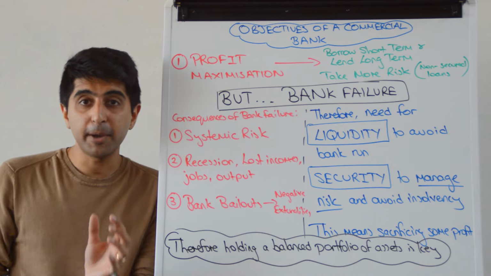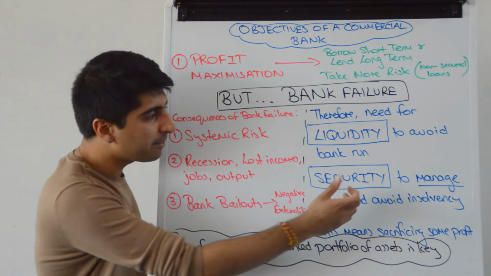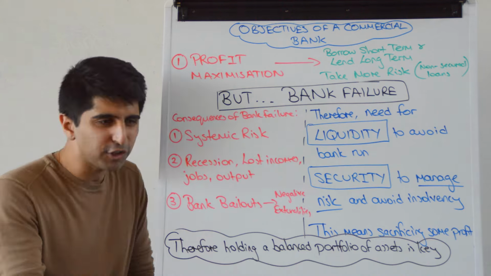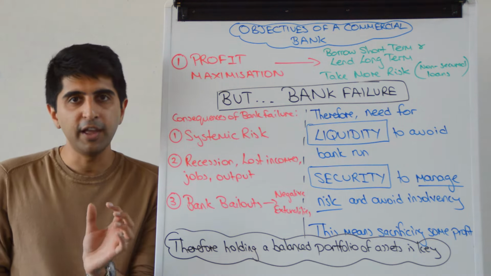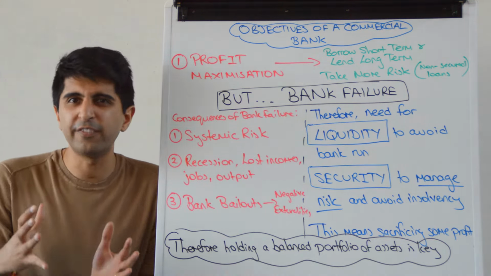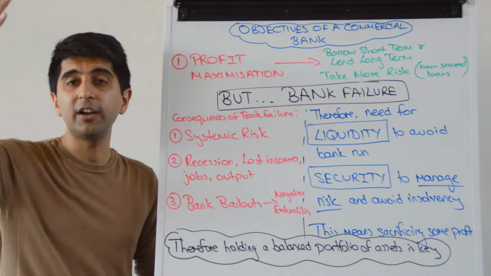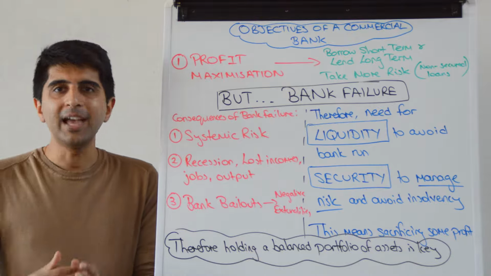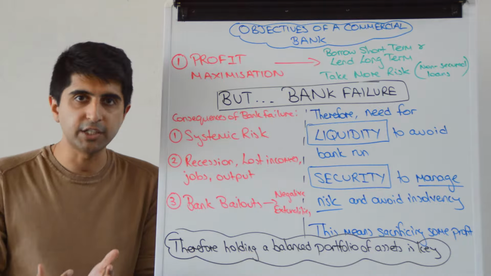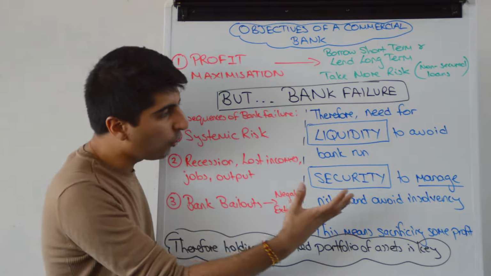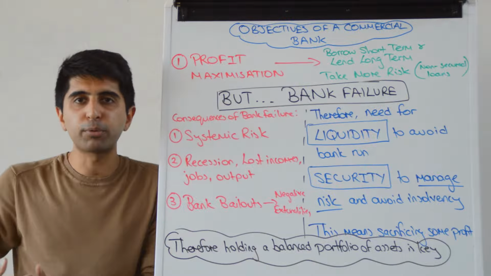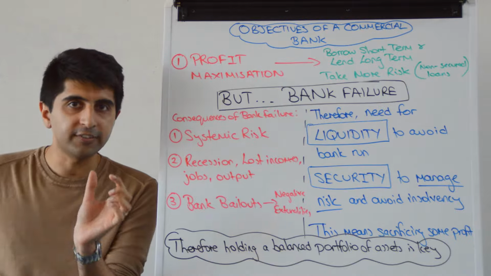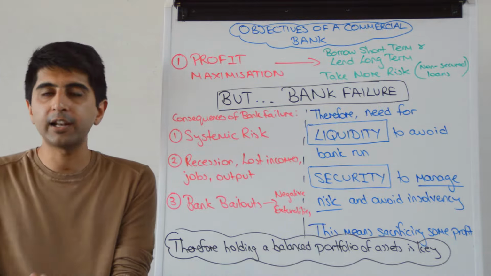Security is another thing a commercial bank must be aware of. That is managing risk to avoid insolvency. Now, security, again, issuing secure loans is not the most profitable for a bank. So for example, issuing loans to very, very safe lenders, you can't charge a very high interest rate there. For example, issuing more loans that are backed by something, again, reduces the interest rate you can charge there. Now, that's all well and good, but it reduces your profit-making potential. You can't make as high profits, but it means you are safer. It means you have fewer loans that are likely to go bad.